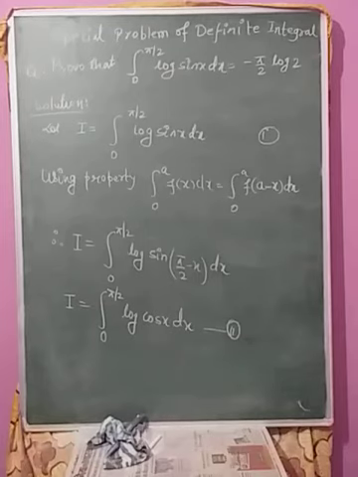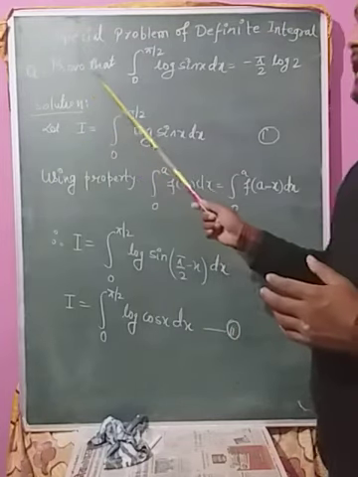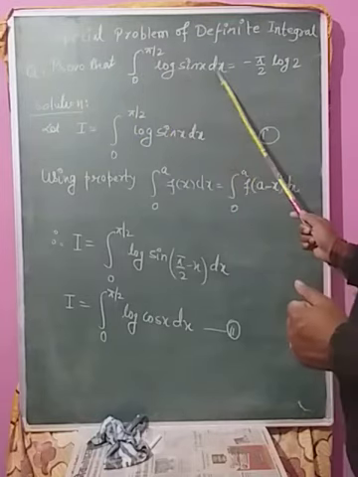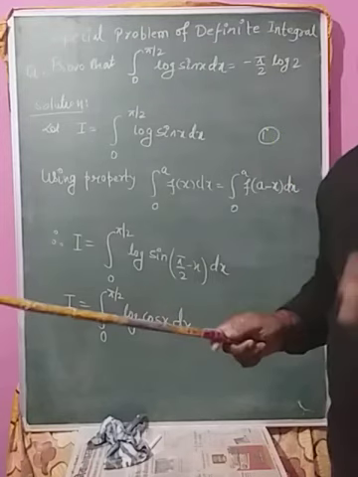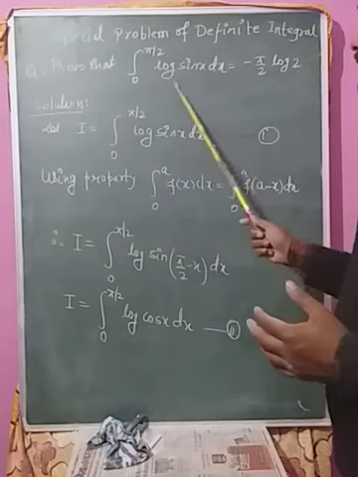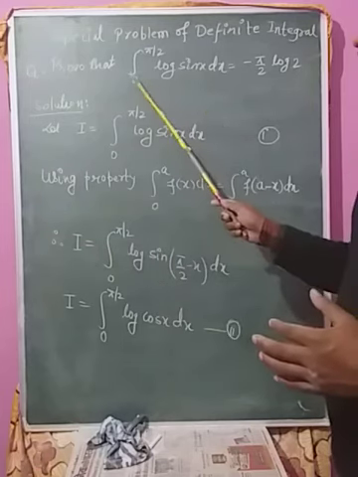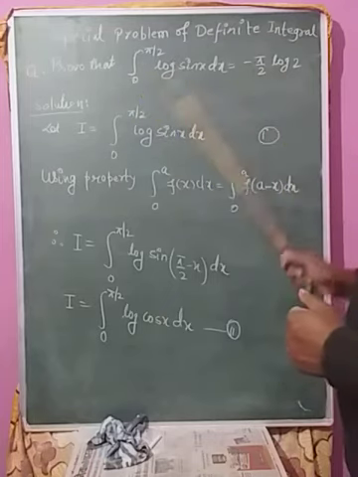डियर स्टूडेंट, आज हम डिस्कस करेंगे स्पेशल प्रॉब्लम ऑफ डेफिनेट इंटीग्रल। तो आज का प्रॉब्लम है: प्रूव दैट इंटीग्रेशन 0 to pi by 2 log sin x dx equal to minus pi by 2 log 2। सम क्वेश्चंस जो होते हैं वो इसी क्वेश्चन के बेस के प्रॉब्लम होंगे, या यही क्वेश्चन प्रूफ दैट 0 to pi by 2 log sin x dx equal to minus pi by 2 log 2 प्रॉब्लम रह सकते हैं।